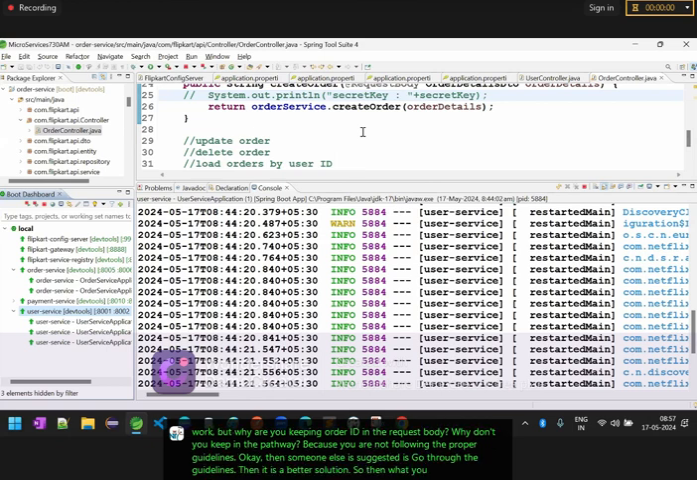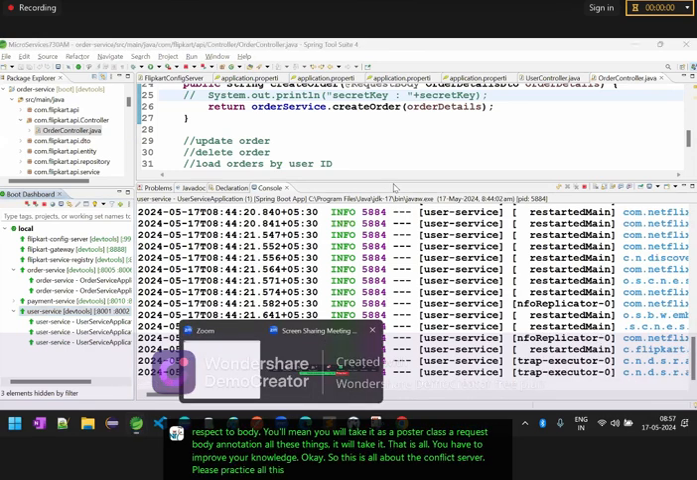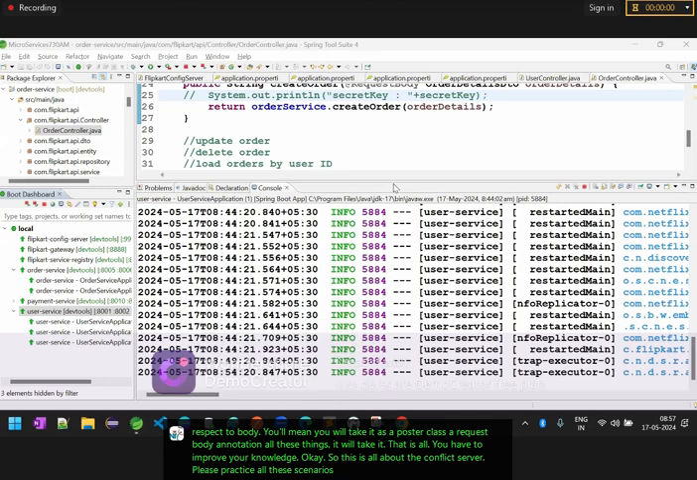So what is the point you understood? Next time onwards, you will make the resource identifier, the primary key value, a path variable, and the respective body you will take as a POJO class with the request body annotation. That is how you have to improve your knowledge. Okay, so this is all about the config server. Please practice all these scenarios. Yeah, request body, two inputs, fine. Okay, so we'll